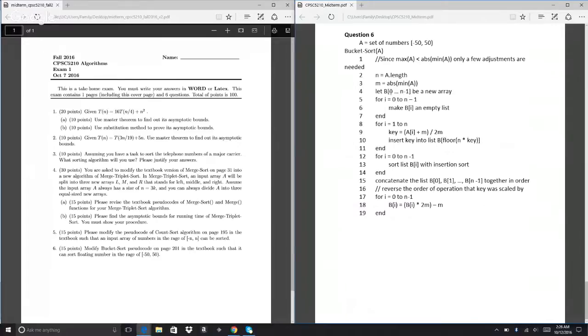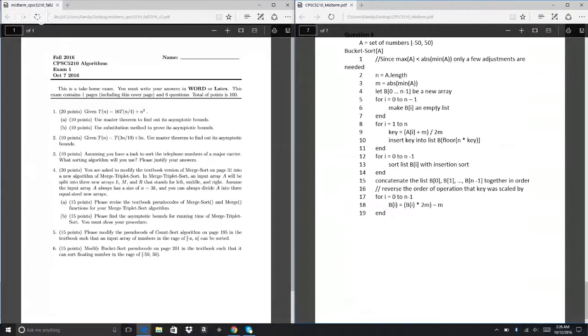So we'll let B be 0 to n minus 1, and as you loop through from 0 to n minus 1, you make B an empty list. Not an empty array, an empty list, so that you can hold multiple values in there in a ragged sense, because they all won't have the same size. So for I equal 1 to n, we're going to use this new variable key, which is A[I] plus m. So you're shifting, you're adding 50 to, for example, the lower bound. So now you're at 0, and for any value, you're dividing by 2m